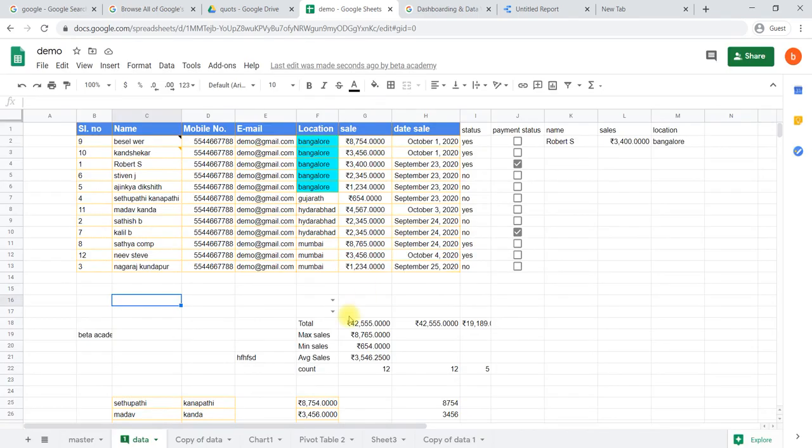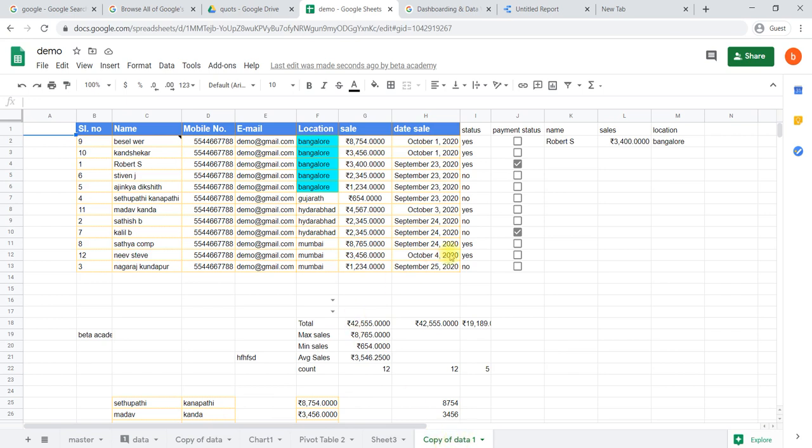Okay, so it will be copied here. You can see this is the copied data here at the end. Copy of data 1 is renamed here. Twice we have copied, so that name has been given. One is Copy of data, one is Copy of data 1.